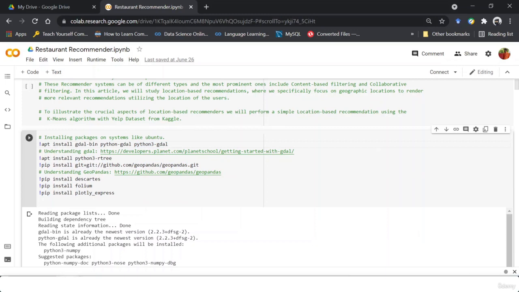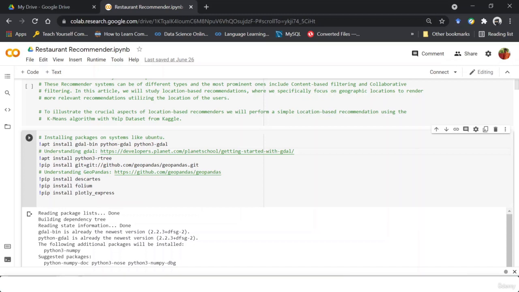Next thing is that I've already given you a link. I think you must at least go to the link and understand why I'm going to use the GDAL library. Just like I told you, half of these libraries are just going to be dependencies for GeoPandas or Plotly, or they might have some functions that are going to be used by Plotly and GeoPandas.